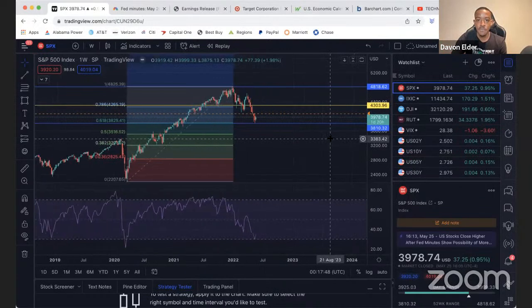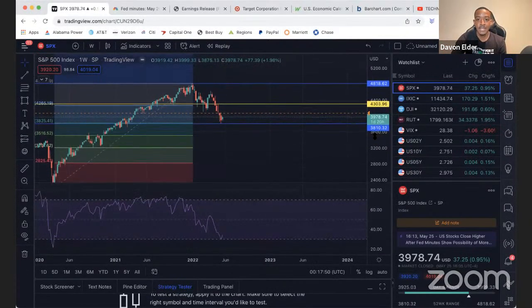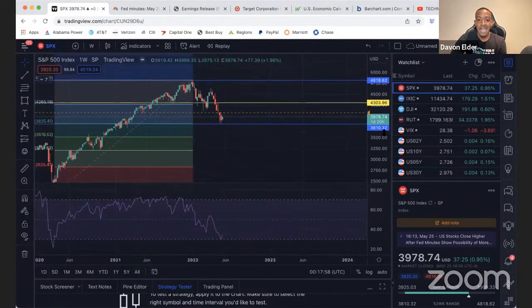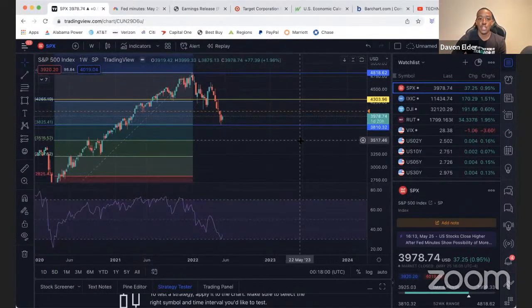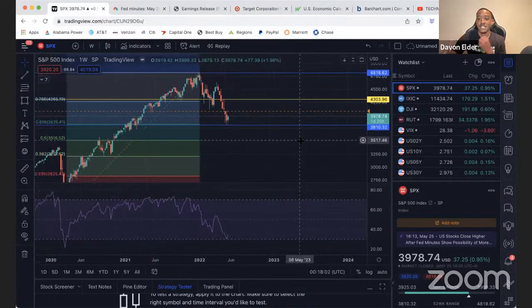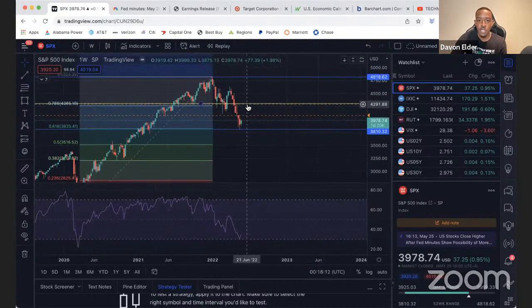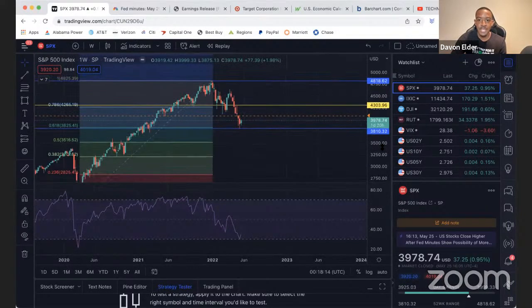So from an economic standpoint, keep in mind that we're going to have Q2 earnings coming up in July. In July, you might not want to hold through those earnings because of the anticipation of Q2 earnings not reporting the way that we think they are. Corporate earnings not over delivering. So this 4,300 level is going to be very key.